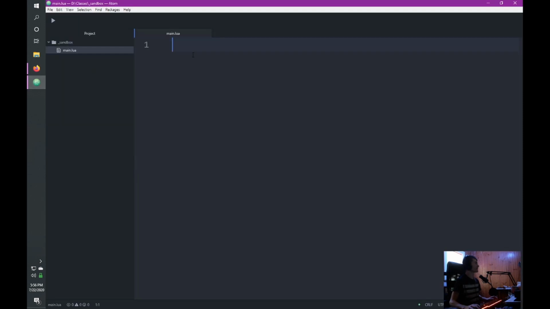Managing multiple windows is frustrating sometimes. Managing multiple desktops as well. Okay, so